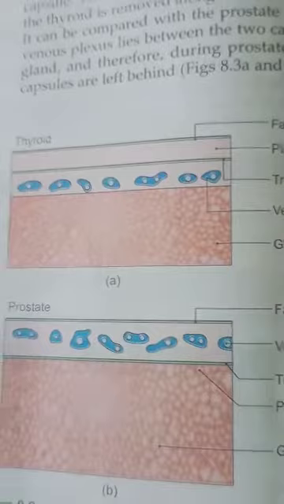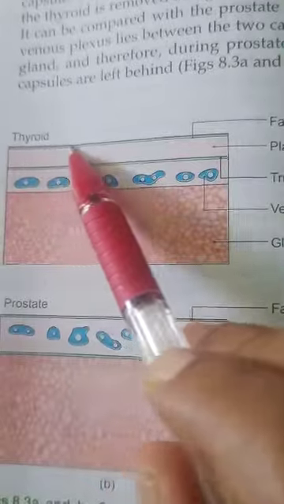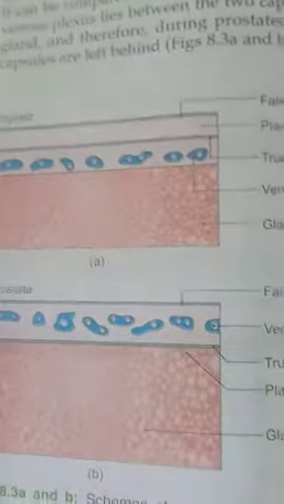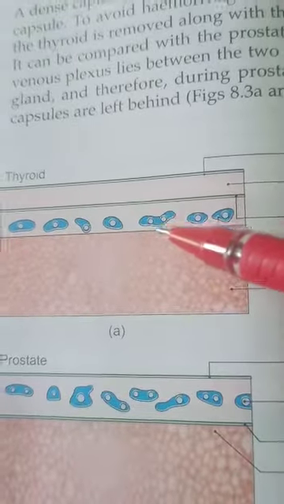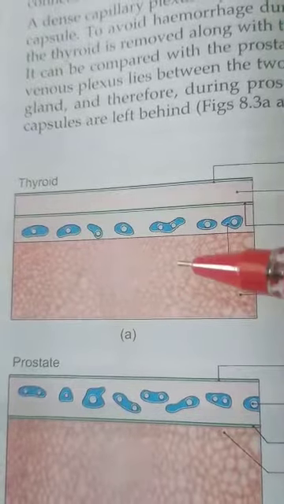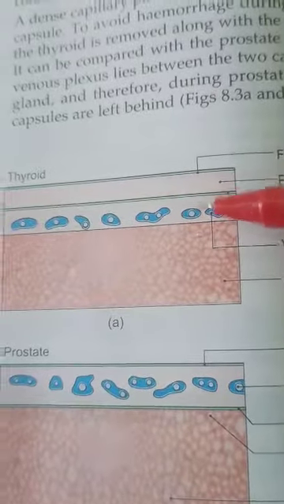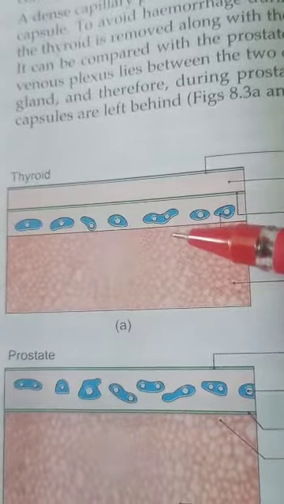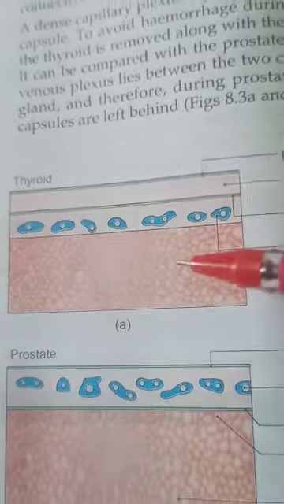So this is the diagrammatic representation of thyroid gland with its capsule. Okay. So here we can see this is the false capsule and this is the true capsule. And here we can see deep to the true capsule lies the venous plexus, veins. So during thyroidectomy, that is removal of the thyroid gland, what we are doing, we will remove along with the true capsule, so there won't be any disturbance for the venous plexus. Okay. In order to avoid the injury to the venous plexus, we will remove the thyroid gland along with the